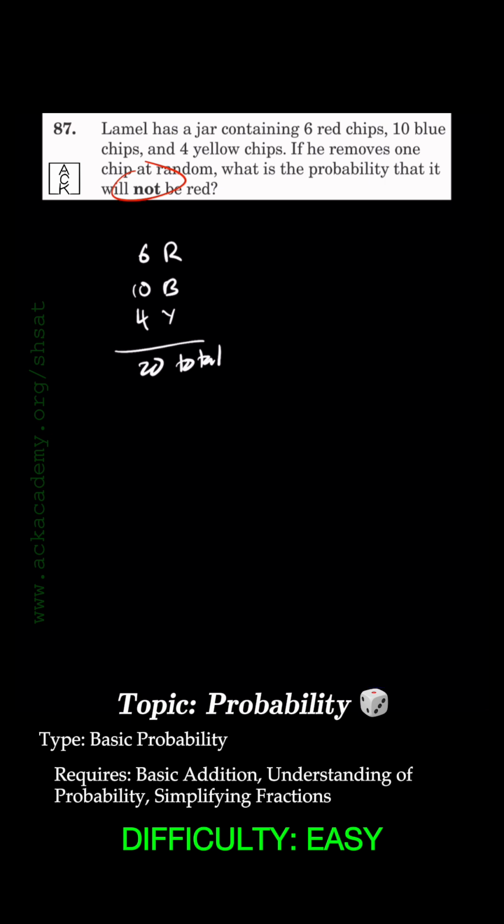Okay. So what is the probability of picking a red chip? Probability of red chip would be 6 out of 20, because boom, this is the red. All right, so